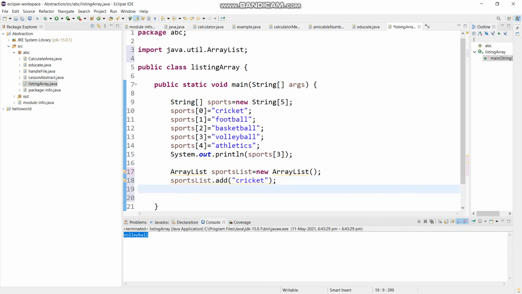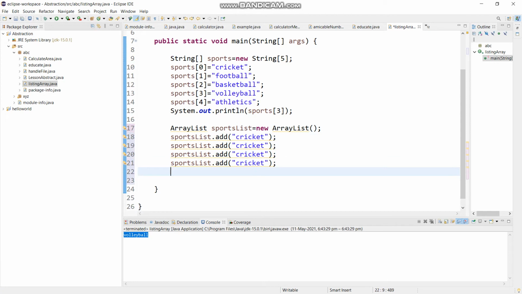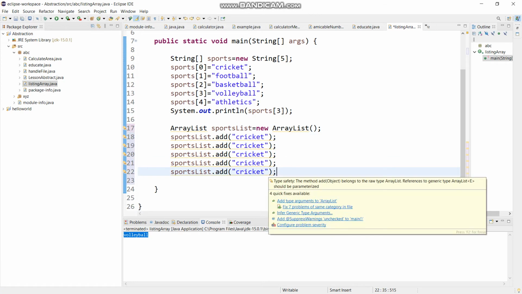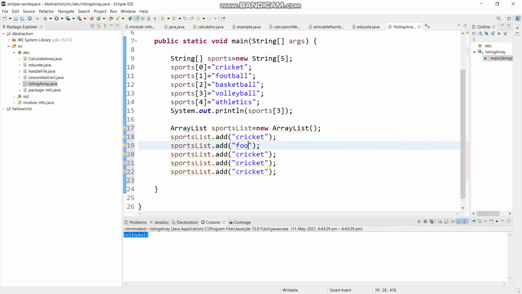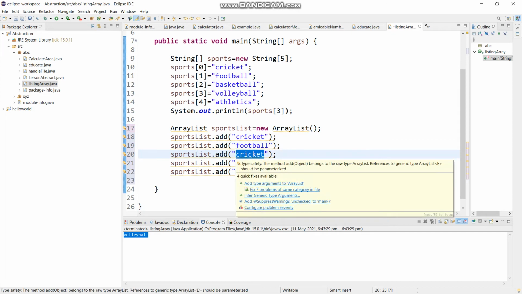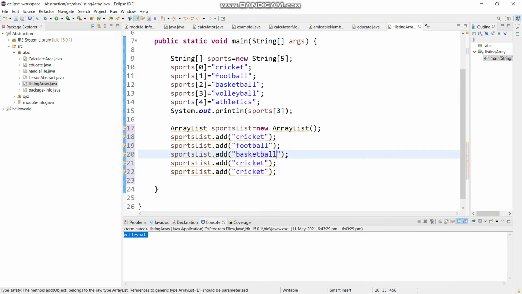I will copy and paste this add statement 5 times because I have given 5 elements above. We just replace cricket with the other sports: football, basketball, volleyball, and then athletics.